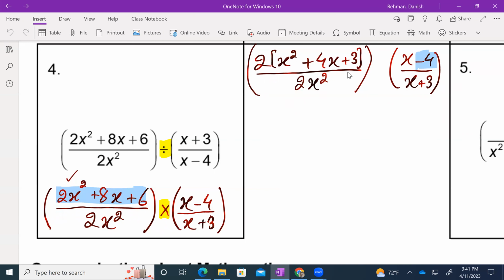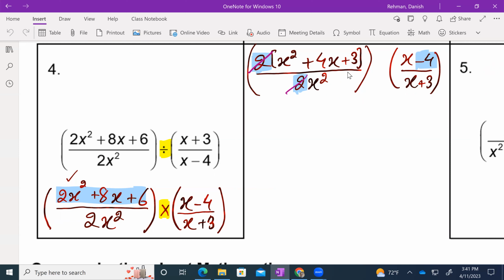Okay? So think about this 2. Which 2? This one. It's in the numerator as well as in the denominator. So we can get rid of that. What I will do, I will think 2 by 2 is a 1. It's gone. And what are we left with? Now we are left with an x squared plus 4x plus 3. Now to quicken things,